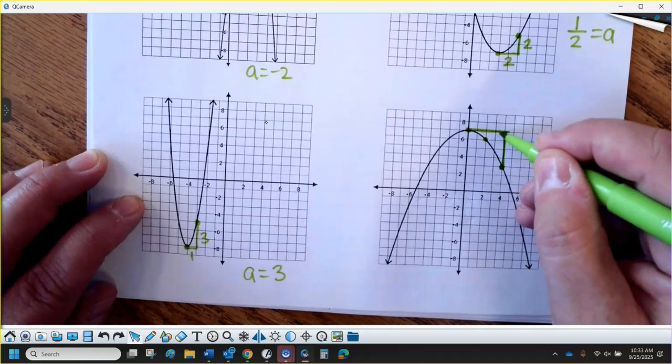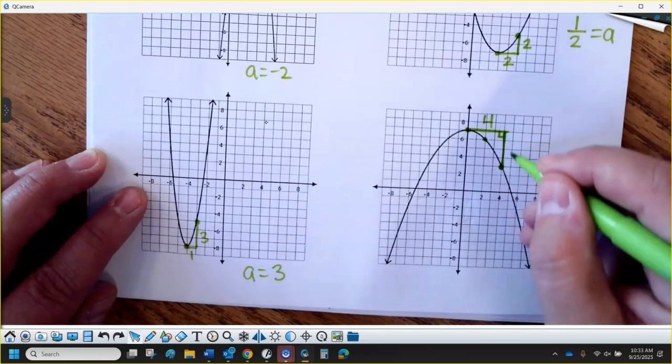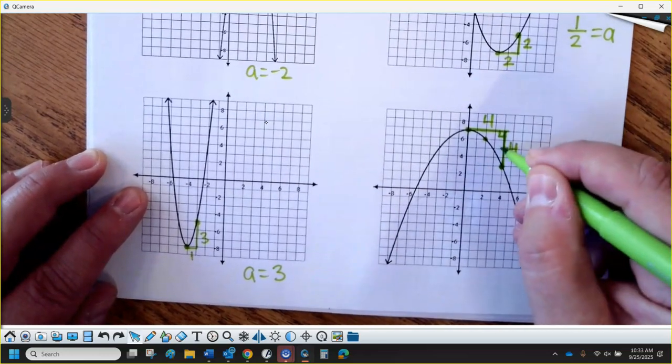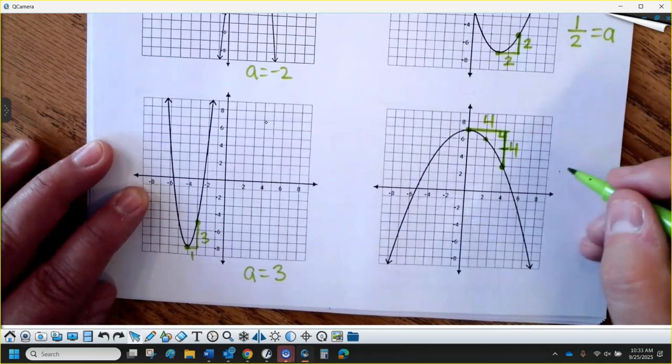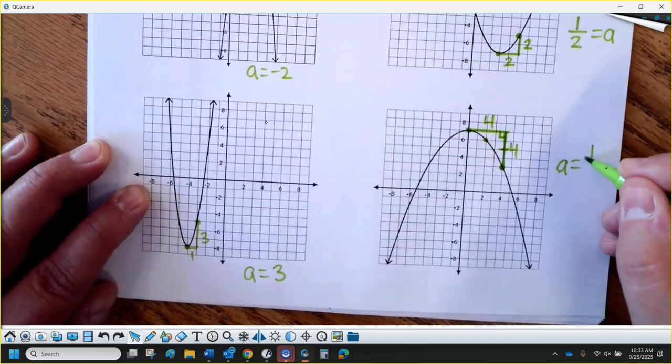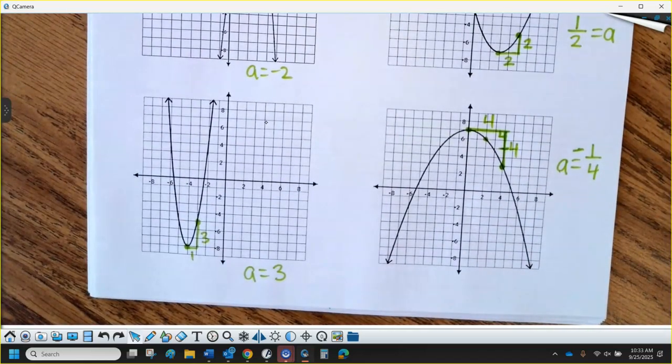That just means the right angle would be right there. The two legs have to be the same. This is 4 and this is 4. I'm going down 4 here. So if you can make a little isosceles right triangle, the a value will be 1 over that number. In this case, it's negative because I'm going down, so it'd be -1/4. But just to give you some examples on a graph, if you want to cheat a little bit,